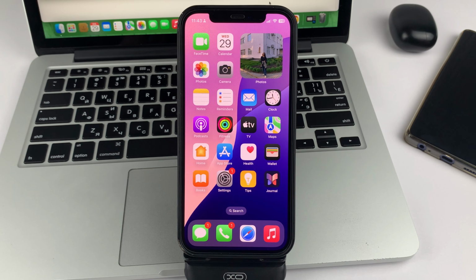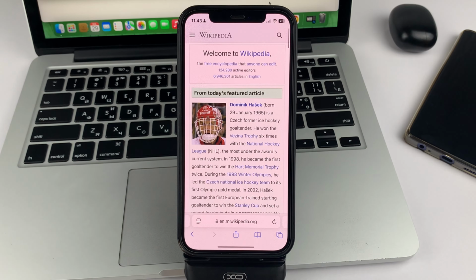iPhone. Now I will show you everything in detail. If you have found some interesting link in your web browser that you would like to send, it is very easy to do it, friends. So open any web browser that you like. In my case, it will be Safari. After that, navigate to the website you want to send.